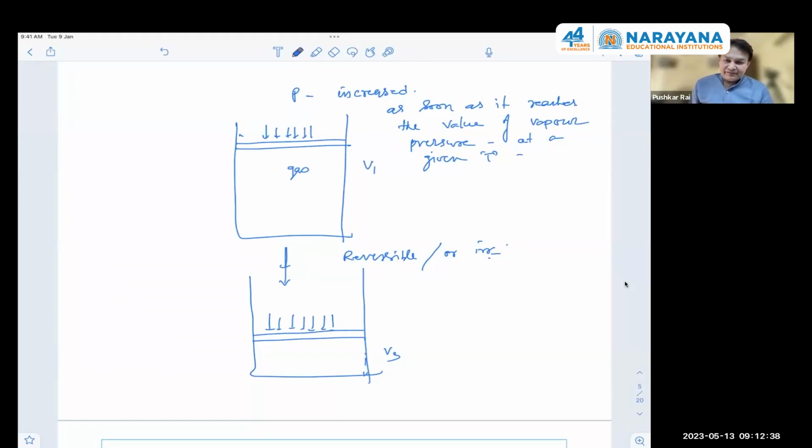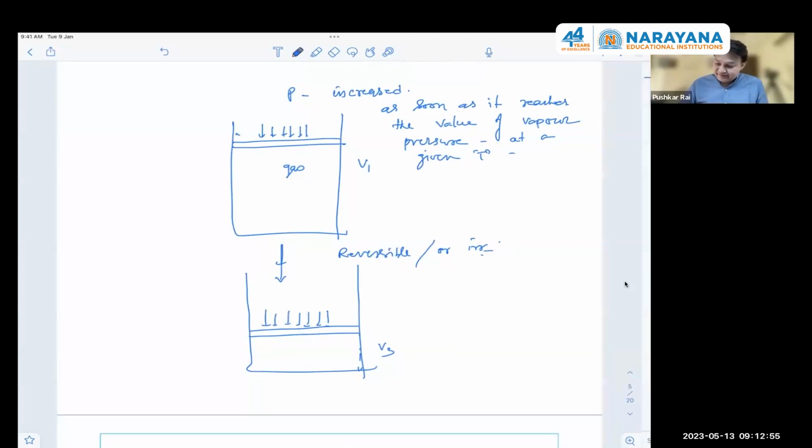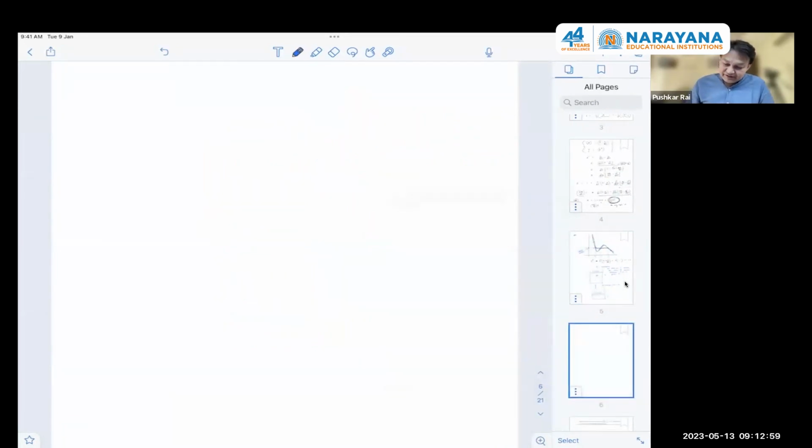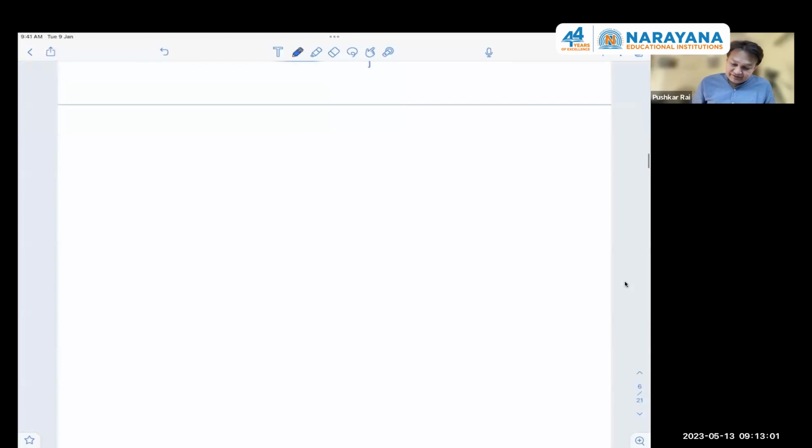Yeah, of course, you can call it reversible or irreversible. And now anyone can tell me why calling it reversible or irreversible doesn't make any difference here? Pressure is defined at every point and it's constant. Very nice and very clever answer. Yes, you're right. Good. So of course, pressure is defined, and a reversible process is that process